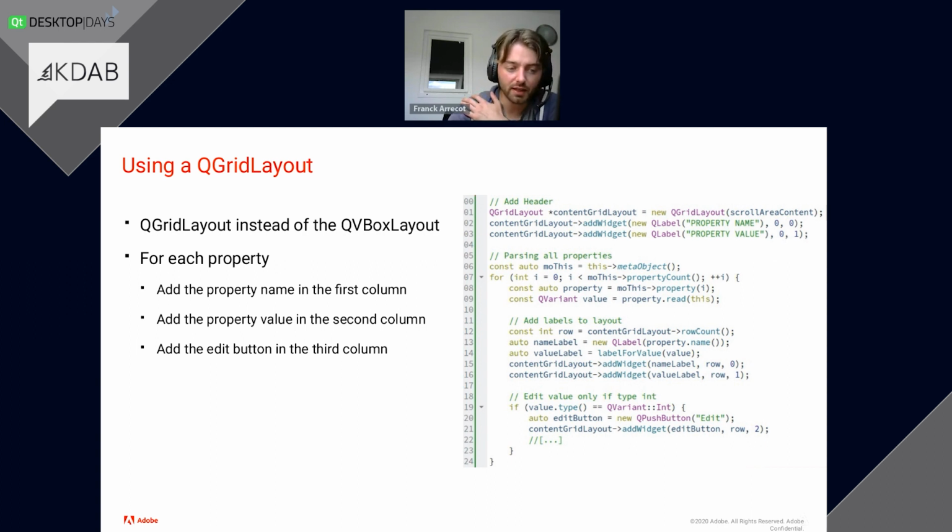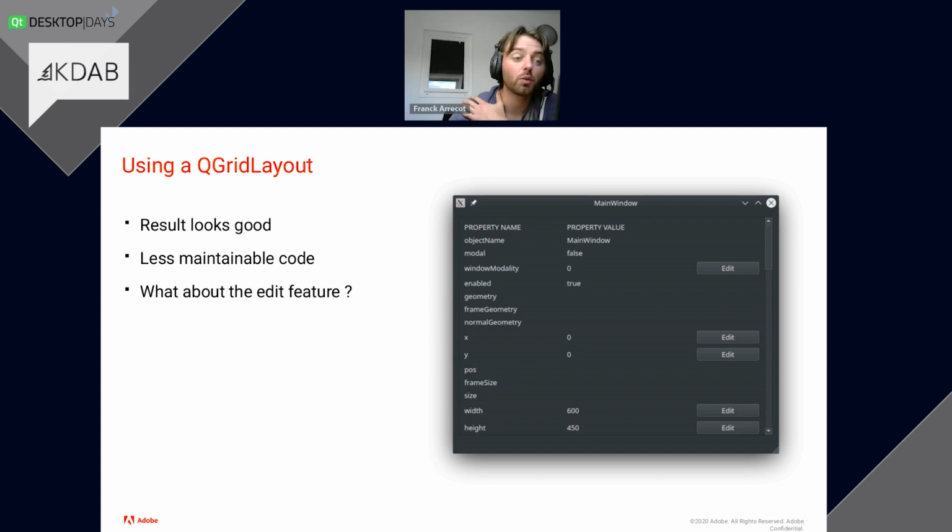If you do that, and again, same thing for the button on the column 2, you end up with this, which is way better. So at the cost of a little bit less maintainable code, because you have to maintain some kind of logic with the row and the column, and it costs a little bit more, but not too much. You have a nice alignment of your widgets. Okay, that's good. So as a beginner of Qt, it's already something, right?